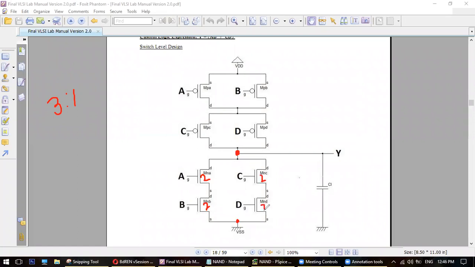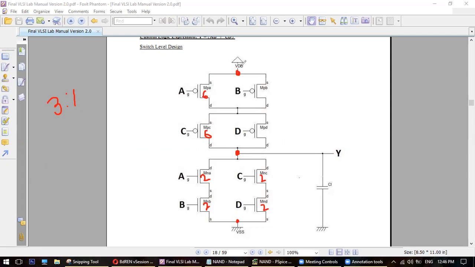Then come from here. From VDD to the output, how many paths do you have? You have 4 paths. One is A, C. How many MOSFETs do you have in this path? 2. So 3 will be multiplied by 2, so it will be 6. Right? Yes, sir.